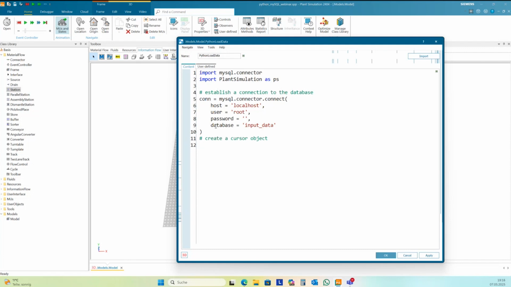You need a cursor object to execute some SQL command, and this you need to create.